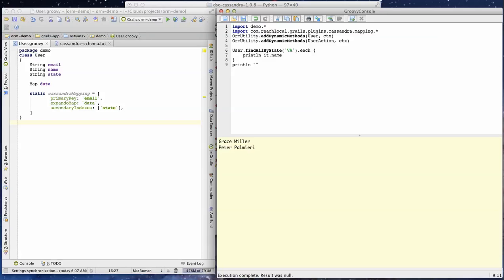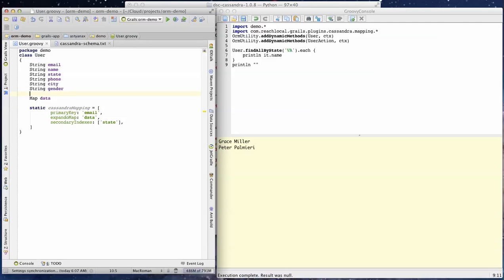If you know a whole lot about Cassandra, you'll know, however, that secondary indexes have some real limitations. They work okay for something with a relatively small number of values like state, but they don't really work all that well for high cardinality values like phone numbers and so forth. So we'll add a few more properties to our user, and we're going to add